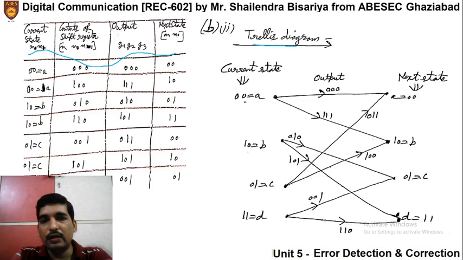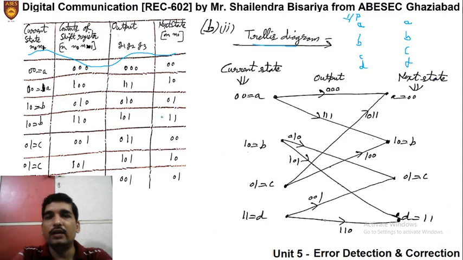Here, we should remember what we are doing. We will write first of all the states as written here. I will write all the states on the left side. A, B, C, D are our 4 states for the present case, and this is the initial side, and then the corresponding output we will talk about. Then the next state: from these states it will go to one of the states again. That means either it will remain in A or it will go to B, C or D. So that is what we have written here, that states A, B, C, D are the current states, and the next state will be again A, B, C, D.